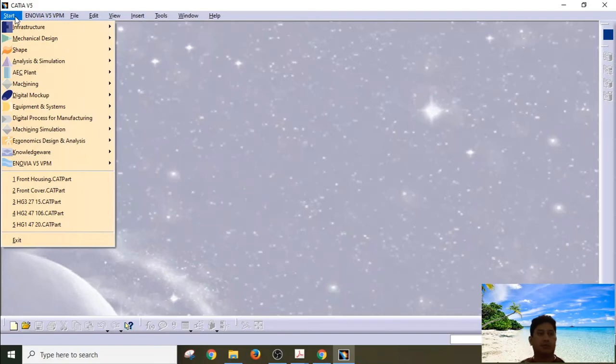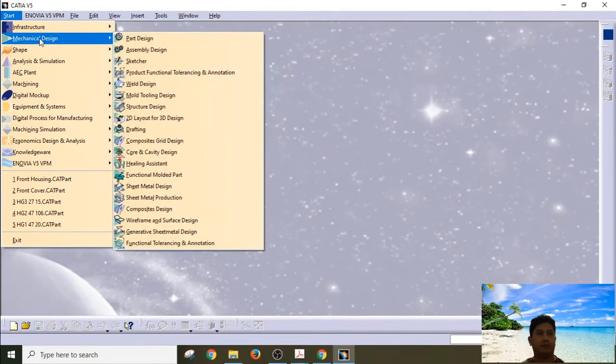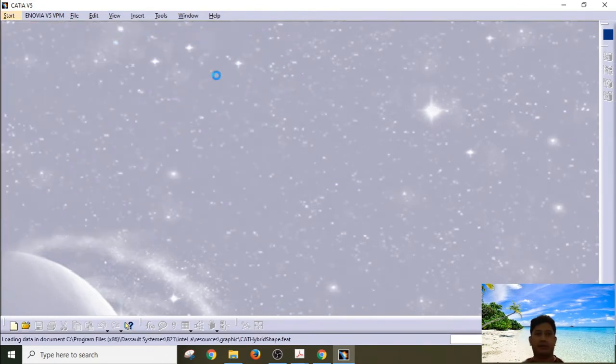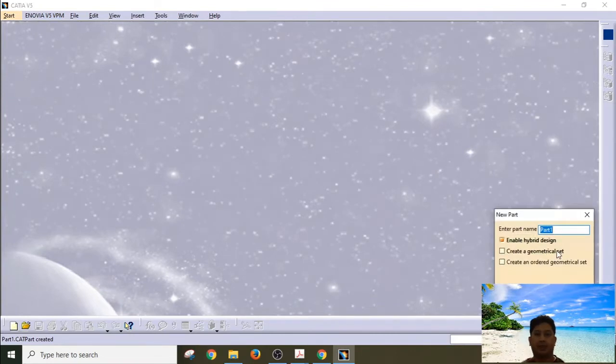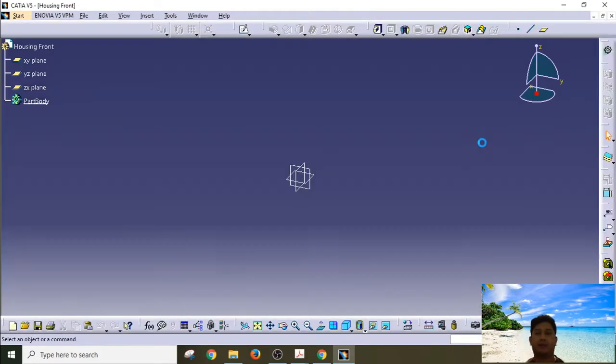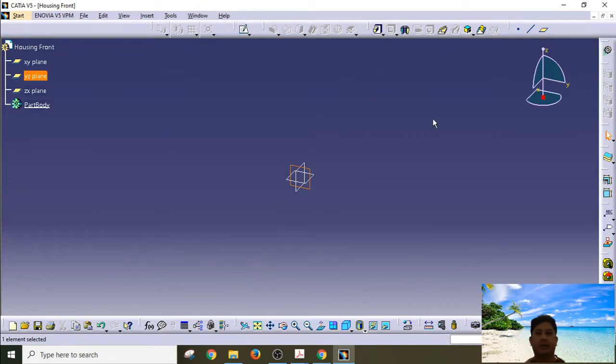We'd like to continue with our gearbox project, and we want to create the front housing by using the mechanical design part design. So you can name it housing front, for example, or front housing. It's up to you. And click on the YZ plane, and we start sketching